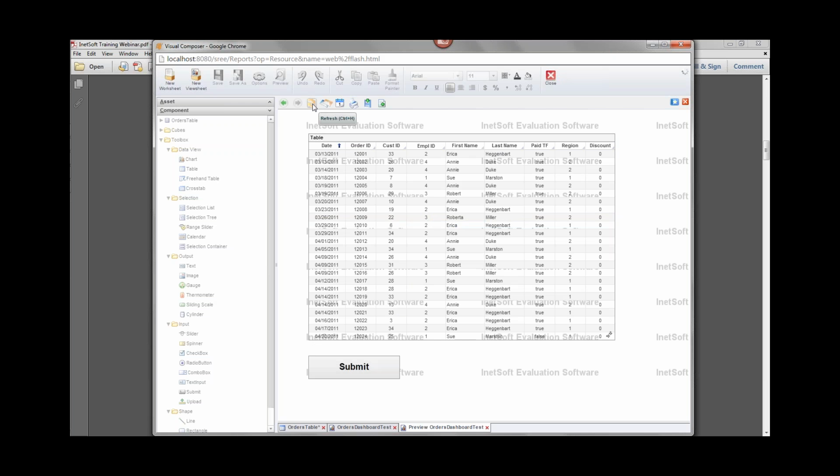So there's a refresh button up at the top, press refresh. It's probably hard to see on your screen, but if you look closely, you'll notice that every instance of Robert is changed to Roberta. Let me do another. Let's do another couple changes just to verify that this is working.